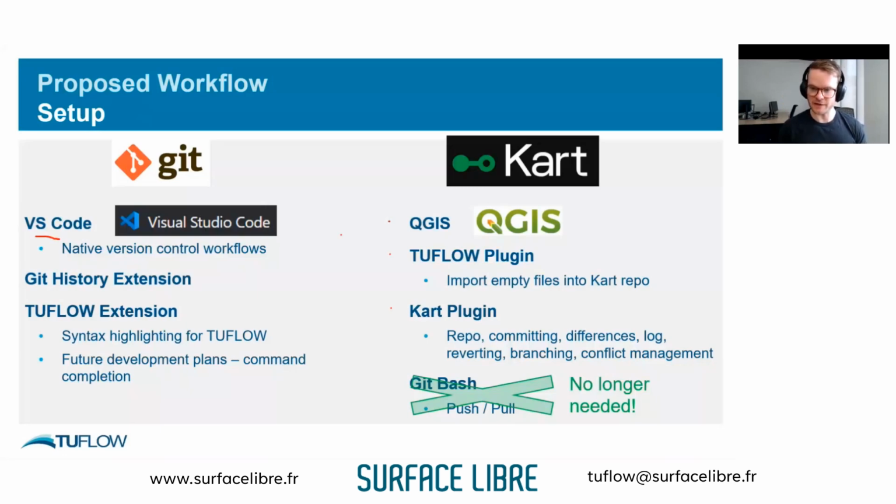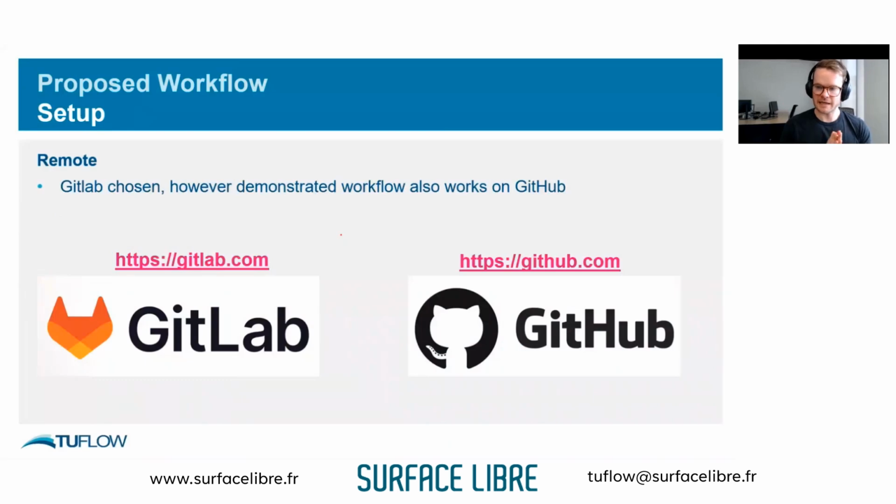You don't have to do a bunch of incrementing and saving as and copying files to change the file name and stuff like that. Talking of GitLab and GitHub, I'll be using these in the example because I think they're sort of the end goal, like the final ideal world we'd be using in modeling. So that's what I've jumped to. It doesn't have to be. I think you could use your own server, or you can actually use a network drive to do this step. But GitLab and GitHub do offer features around Git which are really useful.